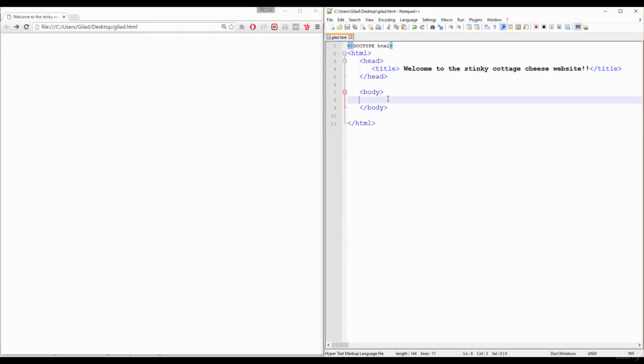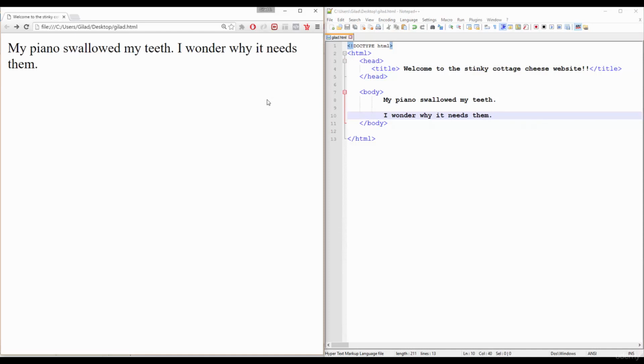Paragraph tag. Alright, let's add some text to our website, shall we? Type that in your text editor. Save it, refresh your page, and see what we have done. Oh snap, somehow my browser interpreted my text all wrong. I wanted my text to be 2 lines separated from each other, and it, quite rudely I must say, presented it as one huge line.